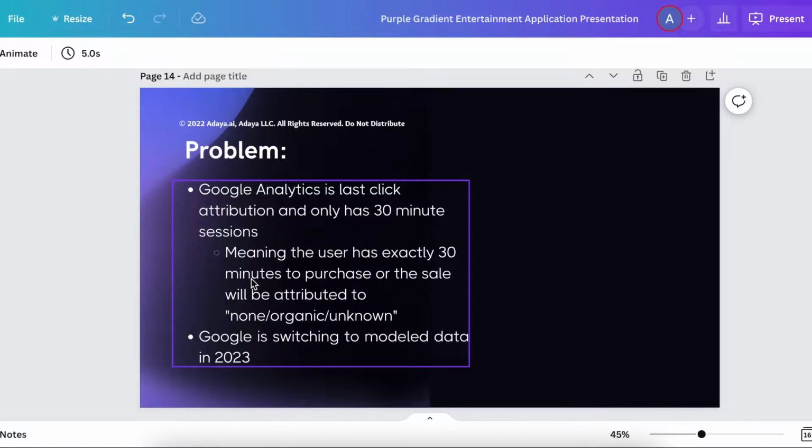And also Google is switching to modeled data in 2023. So this is what Facebook uses. This is just a fancy term of saying, hey, we can't track customers anymore. We're not allowed to get any sort of data. We're going to have to kind of just guess and model. And their argument for this is